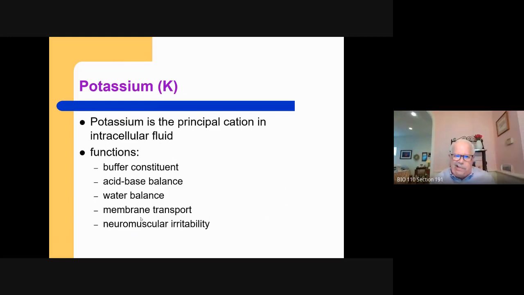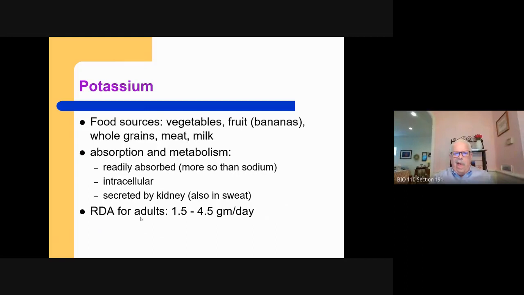Potassium. Potassium is the principal cation in intracellular fluid. And we're going to talk much more about it when we talk about acid-base balance and fluids. Okay? It has many, many functions. Its sources are right here: bananas, vegetables, meats, whole grains. But what they don't tell you is that bananas are a rich source of potassium, but